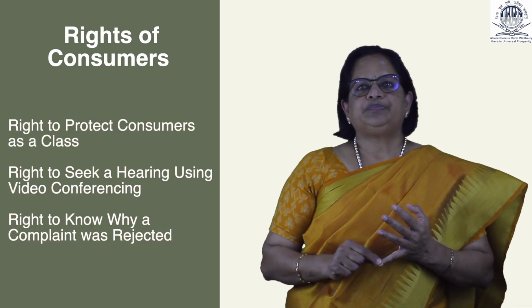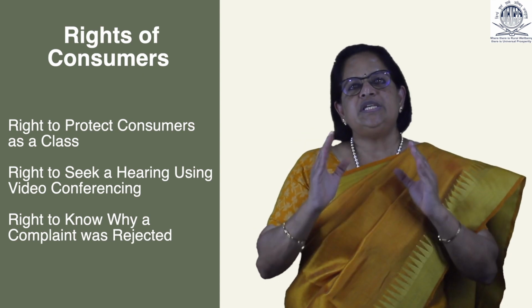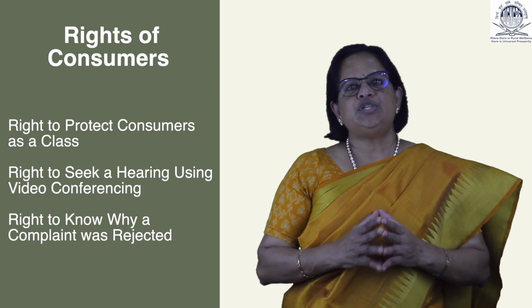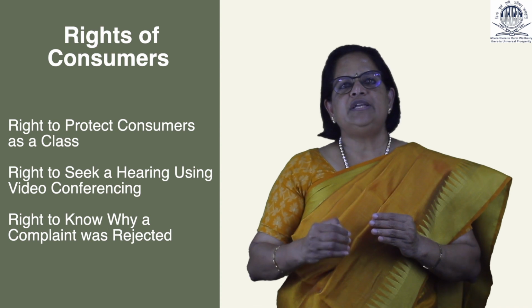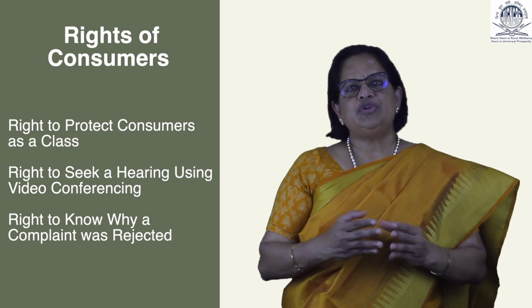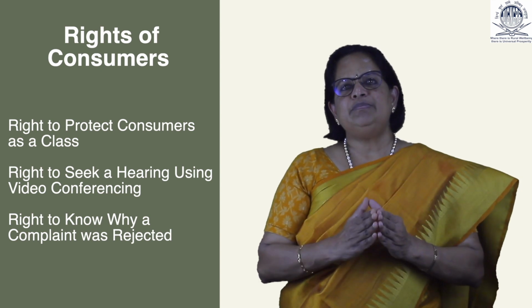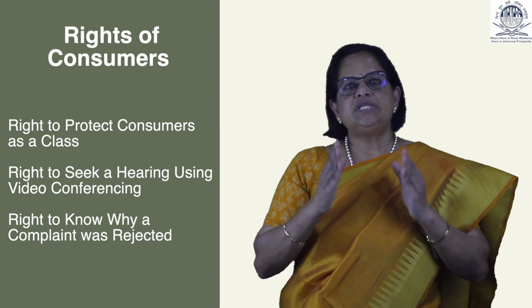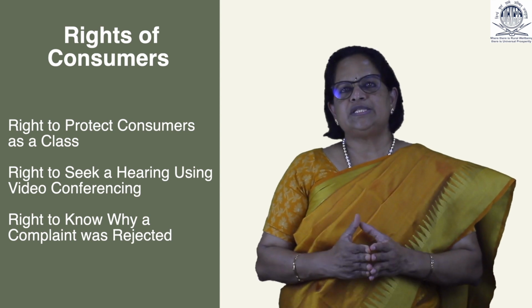The ninth right is to protect the rights of consumers as a class or a group. This right gives consumers the right to fight for their rights as a group. It is not necessary to file individual cases in such situations. For example, a builder cheated 500 applicants who paid for their flats. Instead of filing individual cases by 500 applicants, they can file a joint complaint against the builder for cheating and going back on his promise as a group. This is also possible in case of private banks or chit funds or private money lenders.